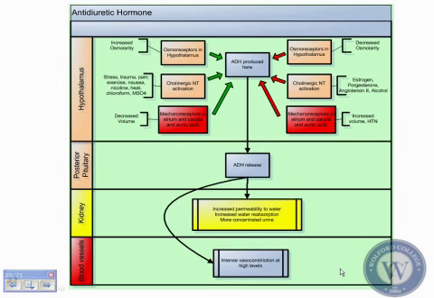Now, let's start with an example. Let's start with antidiuretic hormone. What I've done for you is this drawing that I have for you. I try to keep it very visually oriented for people that don't learn verbally or by writing. So this is a more visual format for those people, which is what I am. So I do everything in boxes. You see the hypothalamus is the top one, followed by the next section, which is the posterior pituitary. And then you have the two target organs that are affected, which are the kidney and the blood vessels.